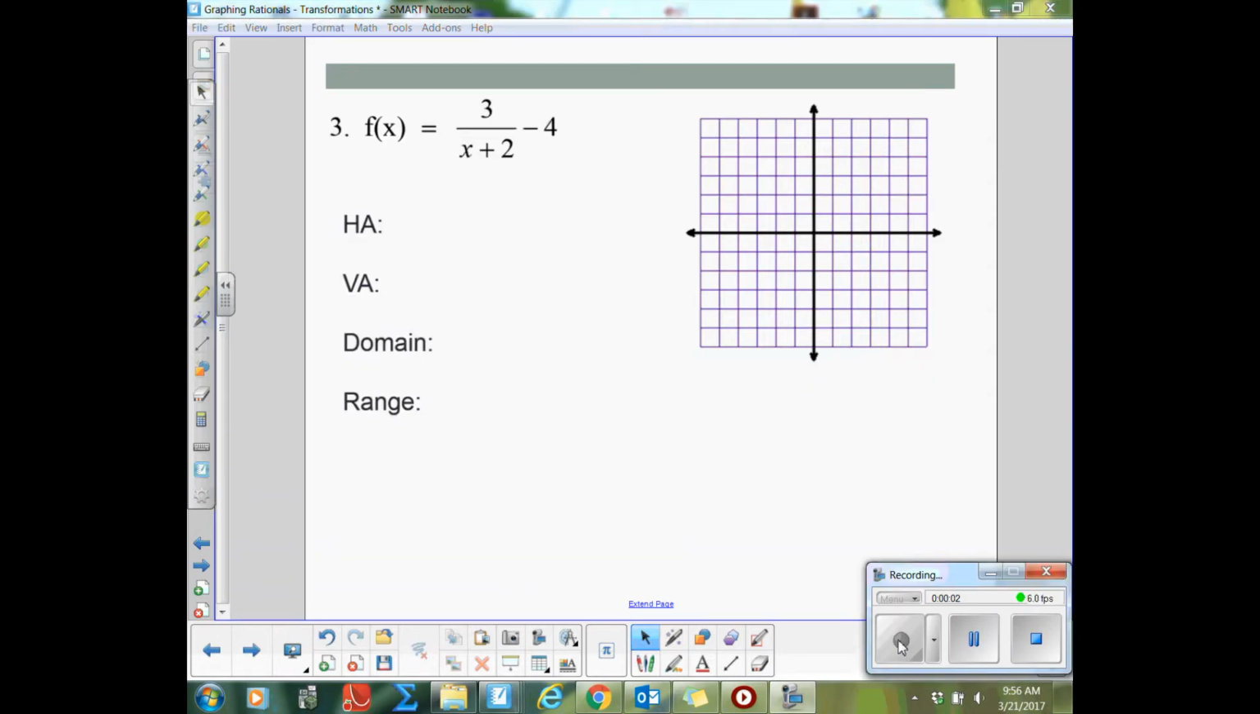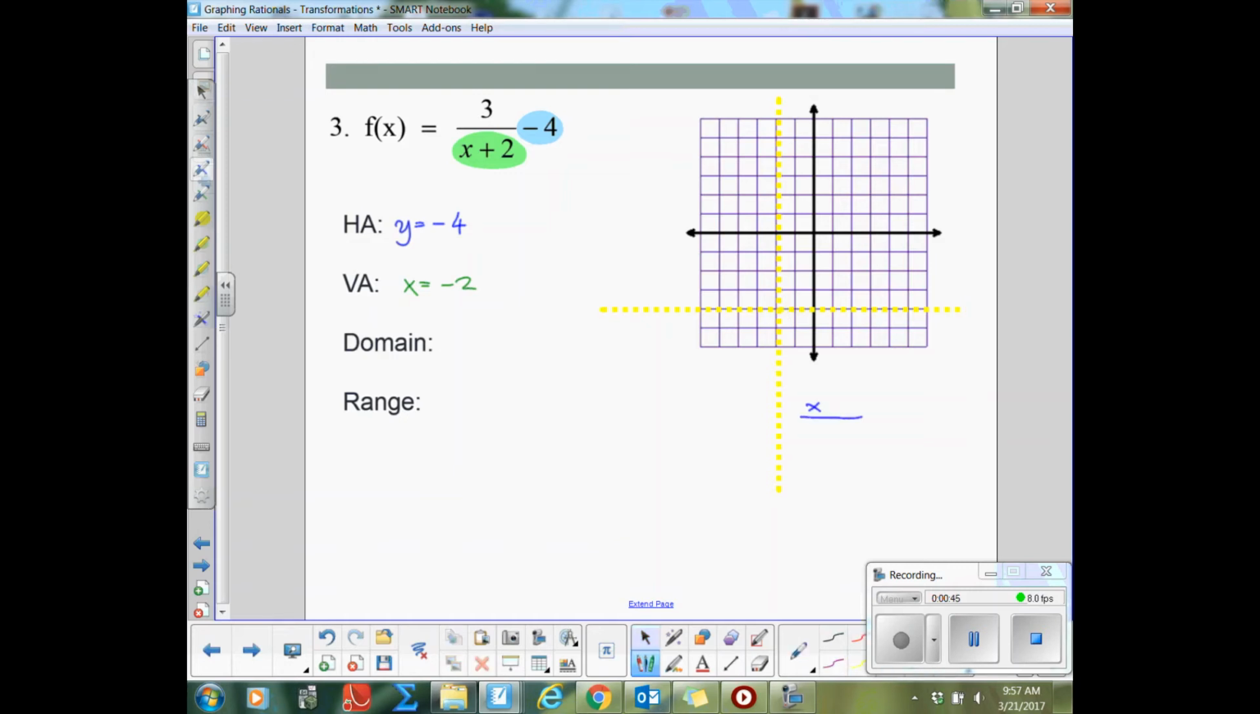In transformational form, the vertical asymptote is x equals negative 2. And the horizontal asymptote is y equals negative 4. Extended those a little bit more now that I see they're falling off the graph. To find some values,